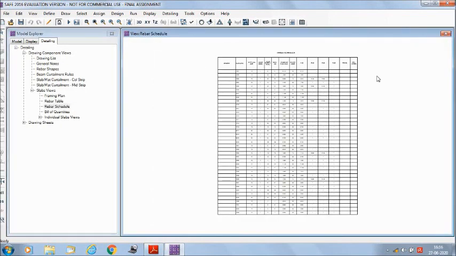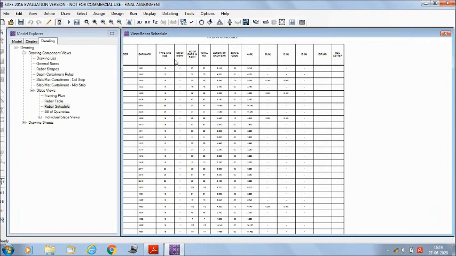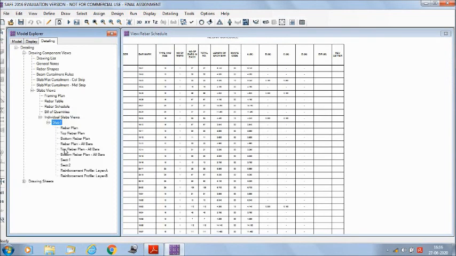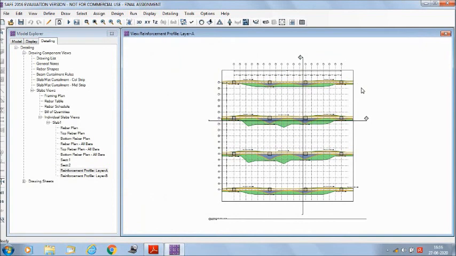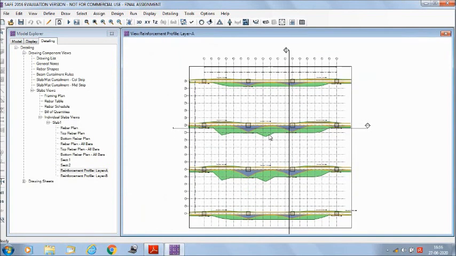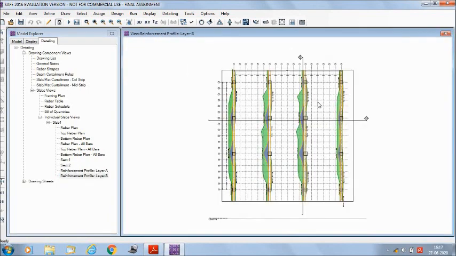In the rebar schedule also we can see the type, total number and the quantities. In the reinforcement profile we can see the profile of the material in the A direction as well as in the B direction. So this completes my project. Thank you.